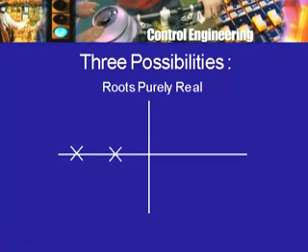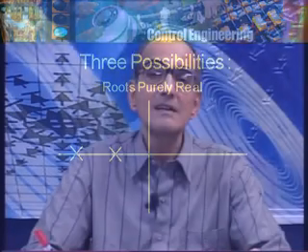Both the roots must be in the left half plane if they are real. I am not saying they are real, I am saying if they are real, they must be in the left half plane. Now that's good, isn't it? Because we saw earlier that left half plane poles are good. If we had a pole in the right half plane, that would have caused trouble, that would have caused something to build up to infinity as time passes.